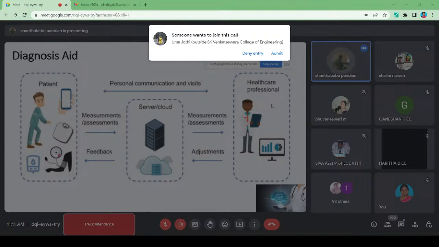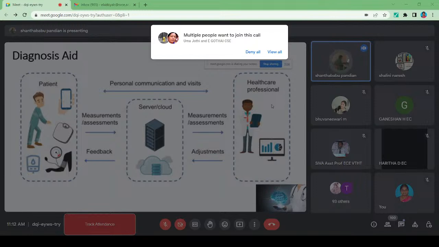And one more step further, we don't want any personal healthcare professionals there. The system itself decides what kind of treatment, what kind of advice we can give back to the, not a patient basically, a normal person who suddenly has a headache or some pains. So I have to give my details, so that the system will take the information, then pass it on to my system which is residing in the server. So that will come back giving the suggestion saying that better you take this tablet, or else do some yoga or some mudra, whatever it is, so that will improve a lot.